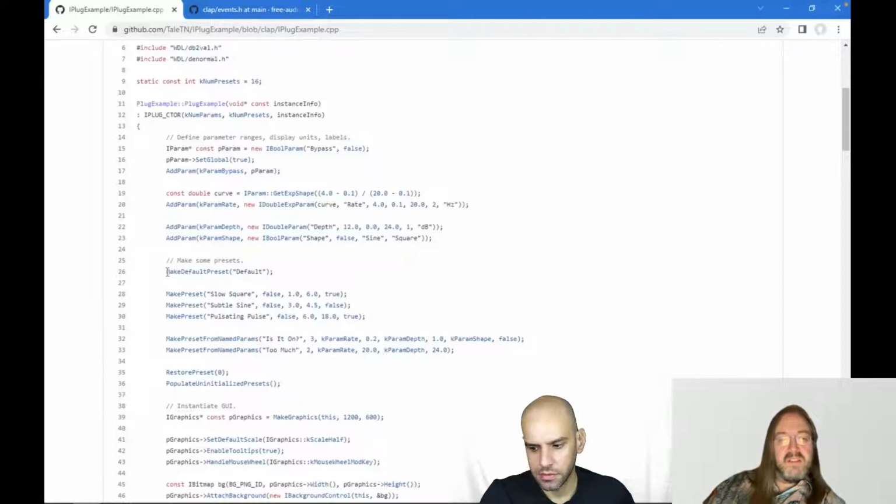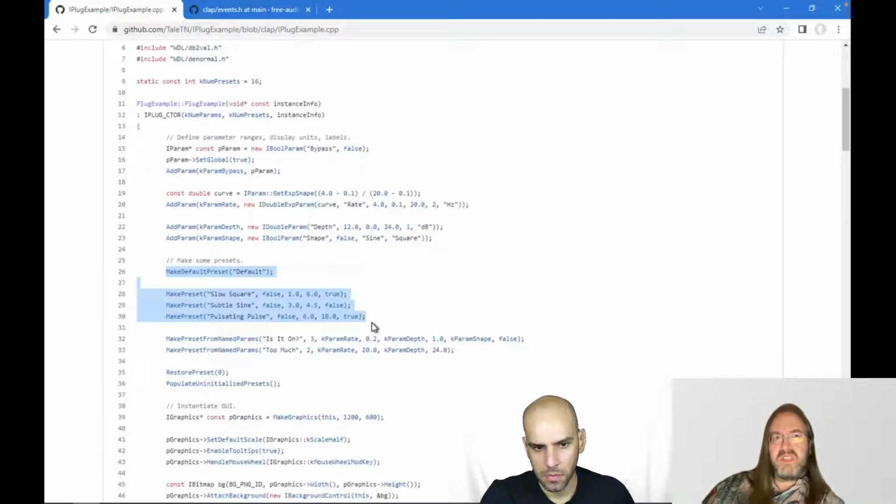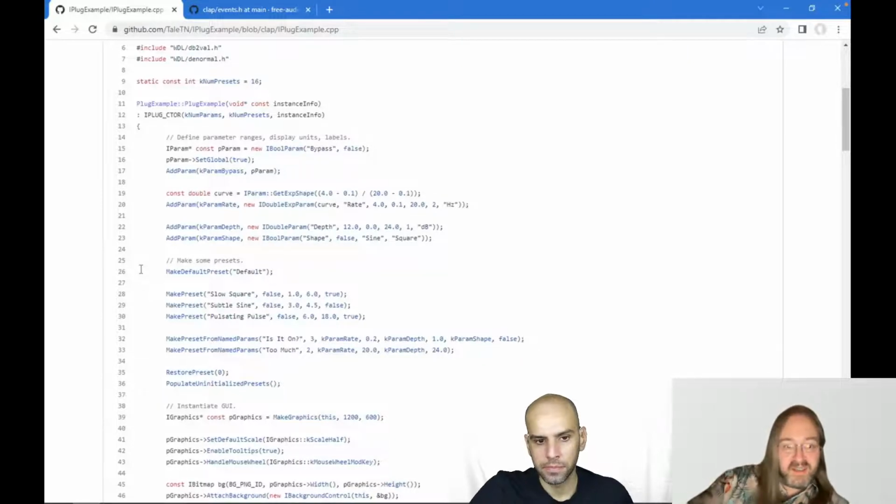Yeah, well, that's the thing. With clap, that's still something I'm not sure about, but clap doesn't have presets, I think. Not at all. So I'm not sure what's up with that. So the thing is, for VST, this creates a couple of presets. And in VST2, presets are mostly, you can edit them on the fly, switch between them, and then go back and edit them some more. So they're all editable. But in out, they're all read-only. They're factory presets. But in clap, they're not there at all. And I haven't found an extension for presets, so I'm not sure. I guess there are no presets.